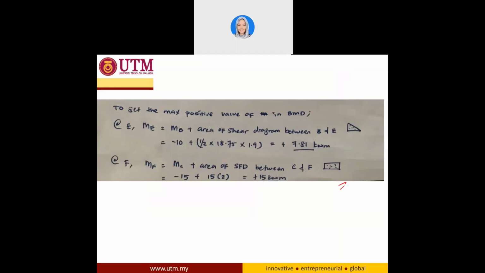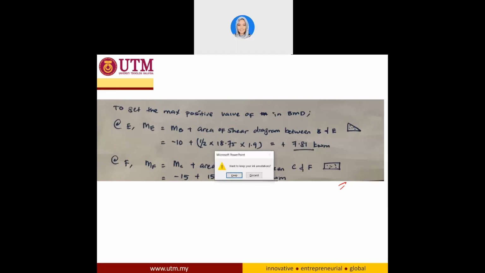You can always remember that if there is no force or no load, it's going to be a straight line. If there is a uniform distributed load, it's going to be like a triangle shape or a square shape like that. So it is based on your experience in order to get it. But if I show it to you,